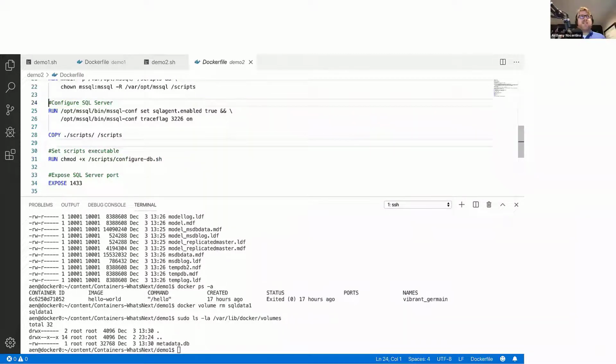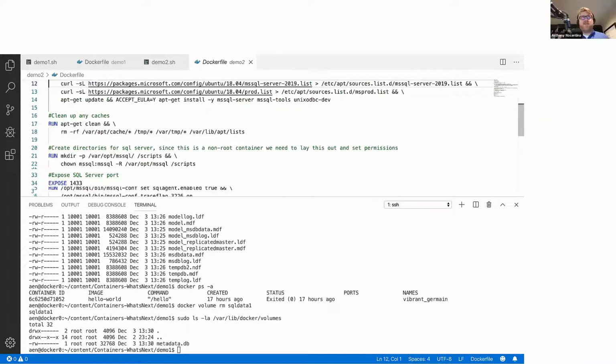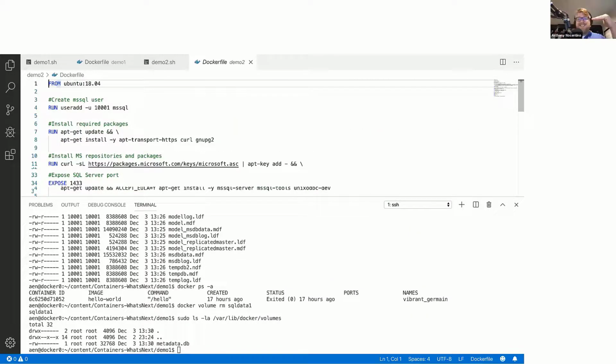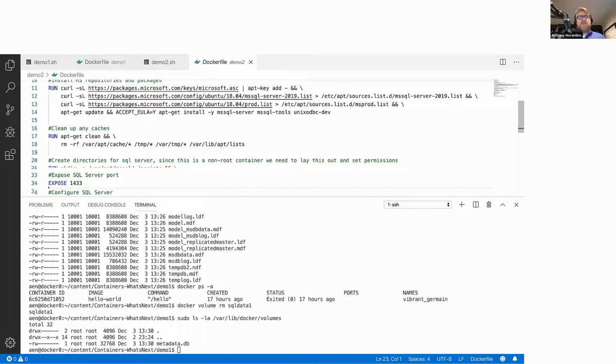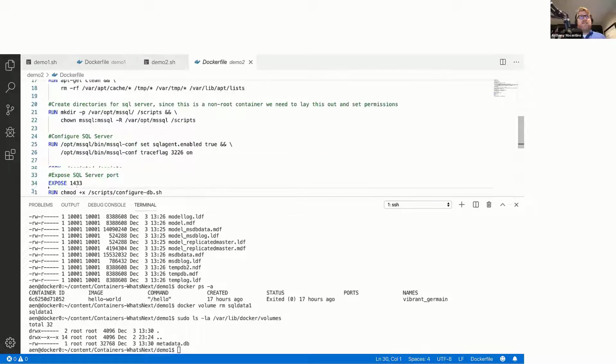So to do this, we need to build another container image, right? And inside this container image, since we're going to change that command instruction from SQL Server to this other instruction that executes a script, we need to make a change. But what is the same is pretty much every other part of the Docker file. So I'm not going to go through all of this except the things that have changed.